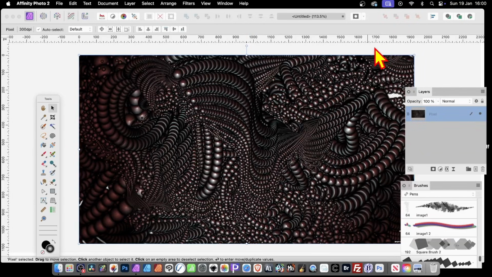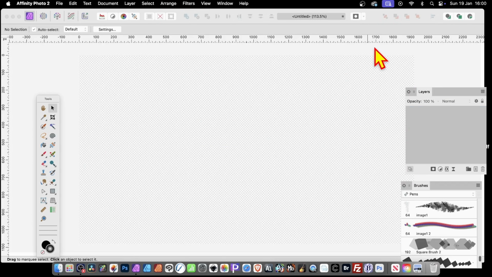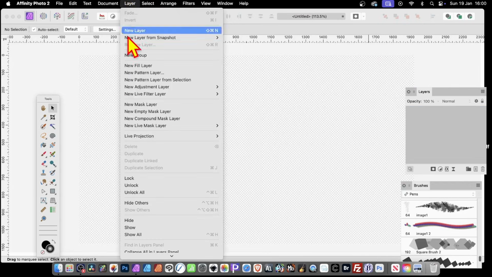In Affinity Photo, you can create all kinds of unique brushes to create bead designs such as this very quickly. I'm going to show you how. First thing is create a gradient design, and I'm going to go to Layer and down here to New Fill